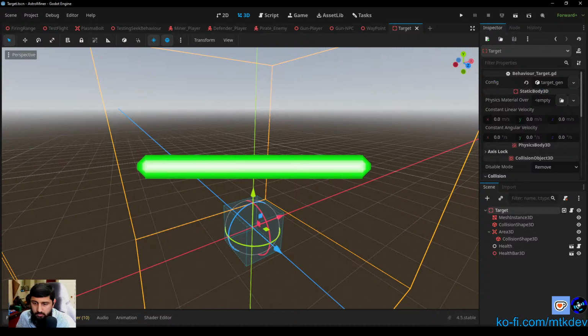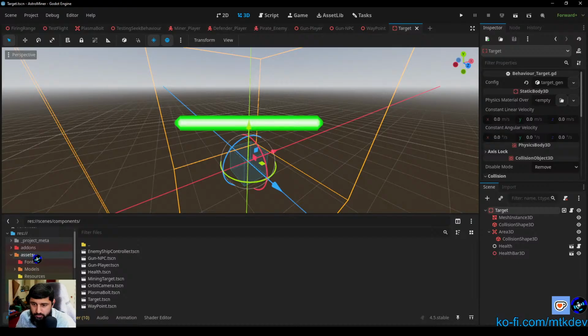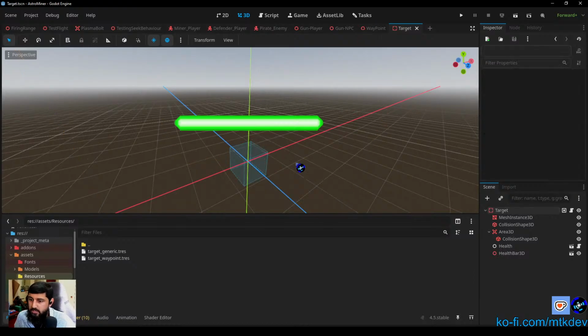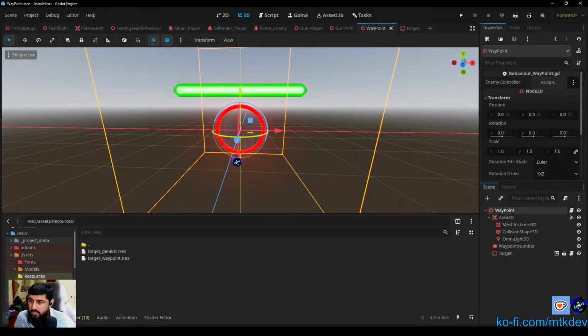So in the file system, if I go to resources, you can see here that I've got a target generic and a target waypoint, right? So for a waypoint specifically, I could assign the waypoint one, and that will give me the torus. Well, it's an actual torus. It'll give me the torus mesh and a cylinder collider for the